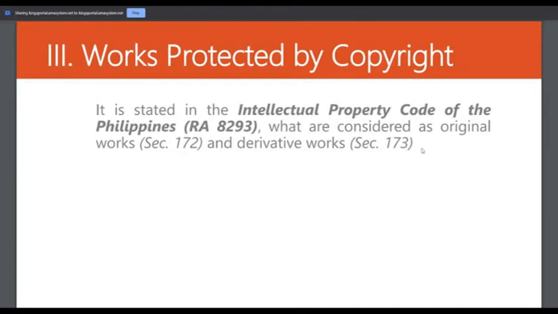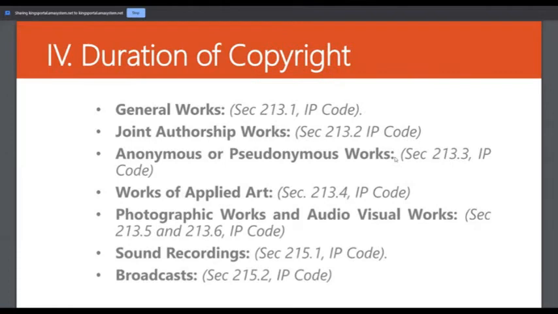We also have the duration of copyright. Under Section 213.1 of the Intellectual Property Code, you'll be able to see the duration for general works. For joint authorship works, it can be found under Section 213.2.